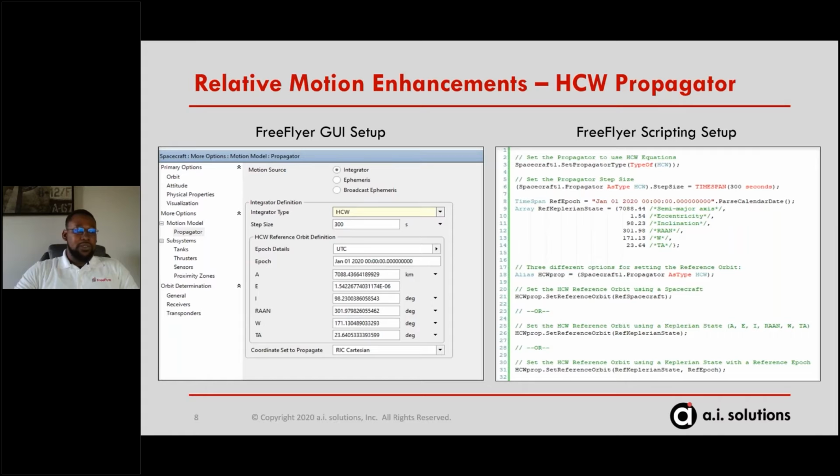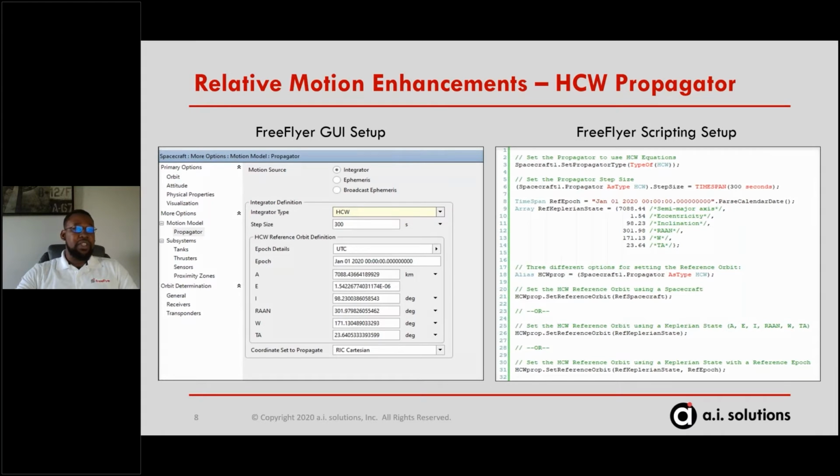And define also the coordinate set that you would like to propagate your reference orbit against. And I'll talk a little bit more about that in a second. Now, in comparison, say that you are creating your mission plan entirely in script, or at some point in time in your mission plan, you get to a relative motion analysis portion, you can configure your spacecraft using our simple